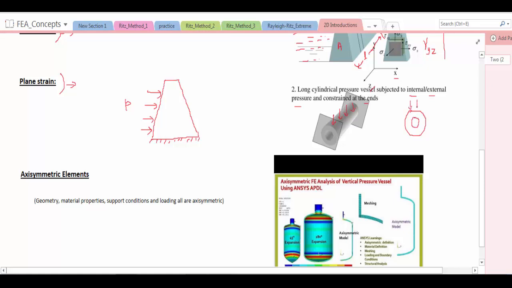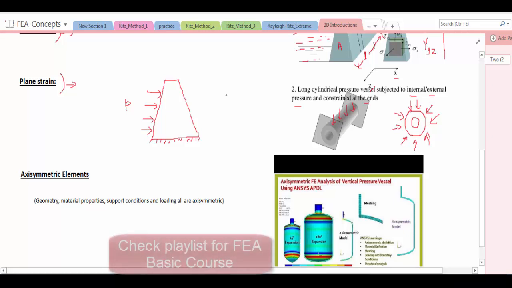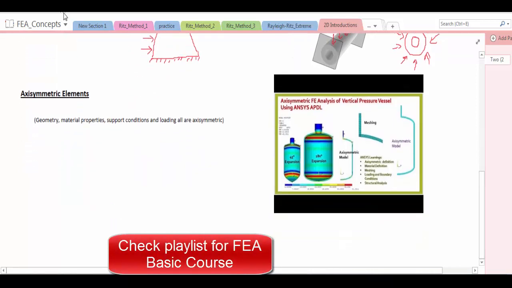A pressure load is acting throughout the whole outer edge of the pipe. So this is called plane strain analysis. And remember, in plane strain, the strain produced in the z direction and the shear strain produced in the z direction are zero. Now we will move on to the next type of problem, that is called axisymmetric analysis,